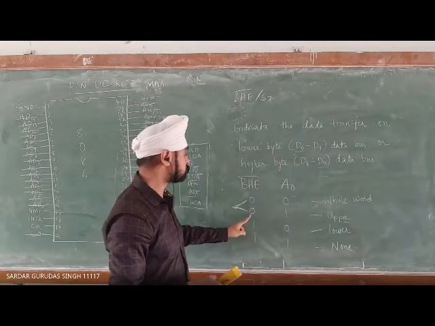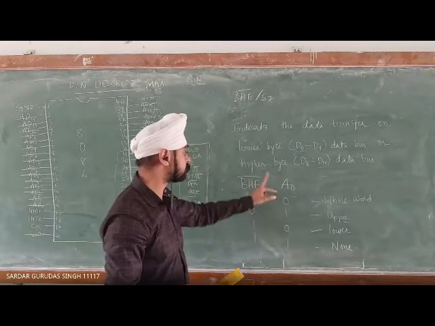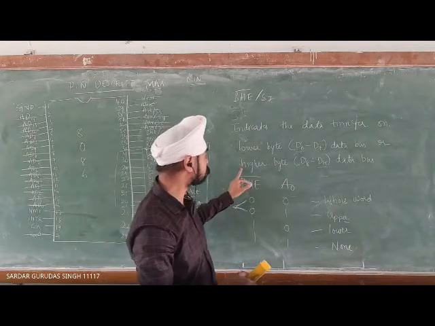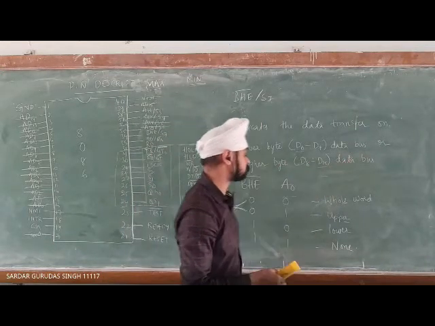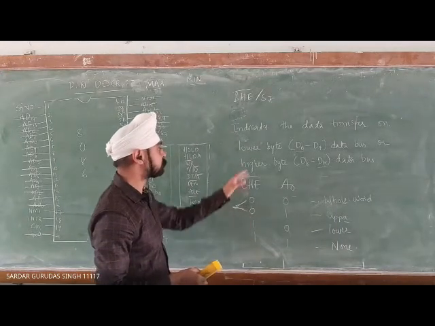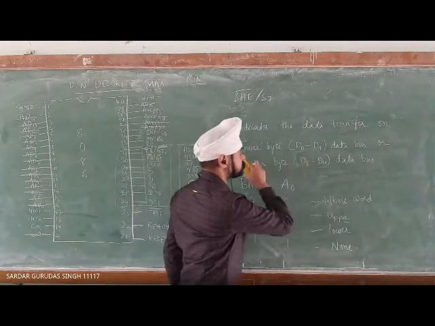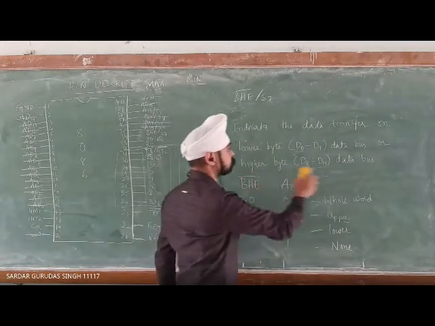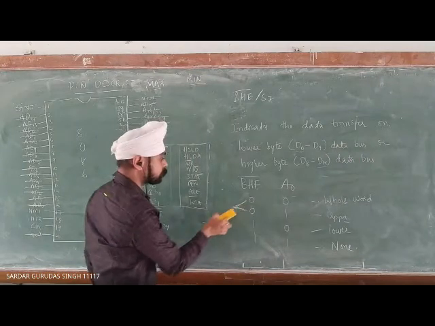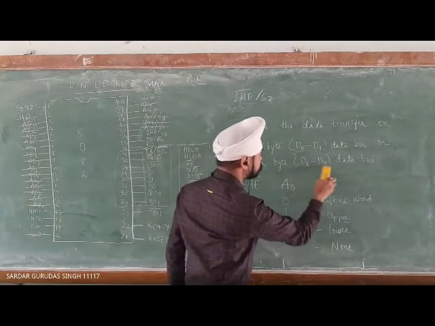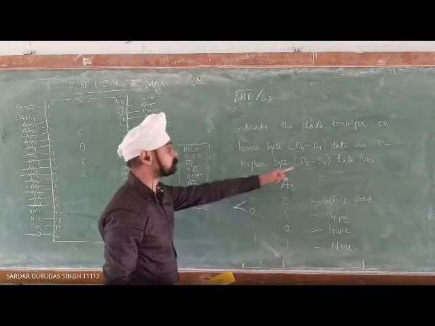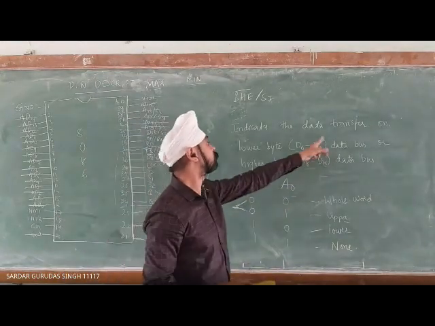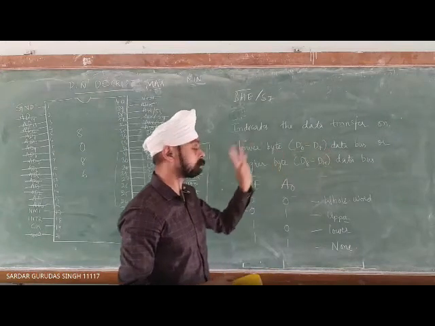In this case, if this is 0 and if A0 is 1, it indicates that only the processor is sending the data on the higher byte data bus. If it is high, it means that this bus is inactive. In the sense, no data is being sent on this bus. If 0, the bus is active. In the sense, the data is being sent on this bus. If 1, then it is being sent on this particular bus.